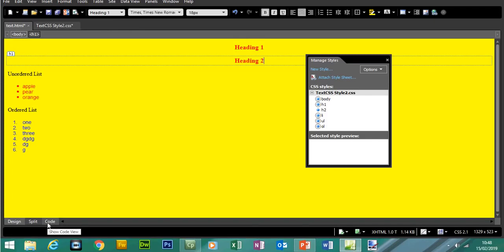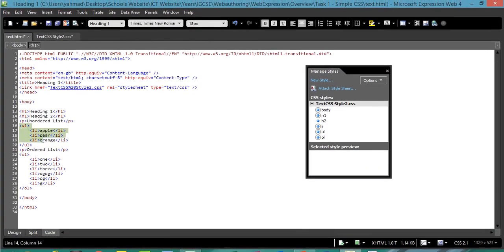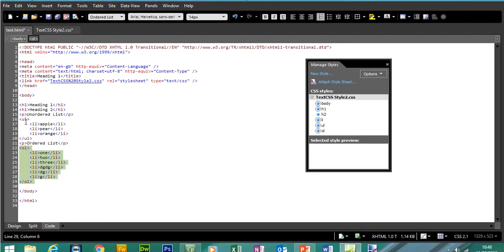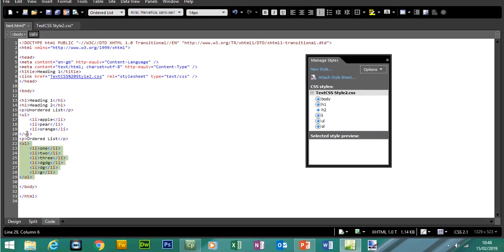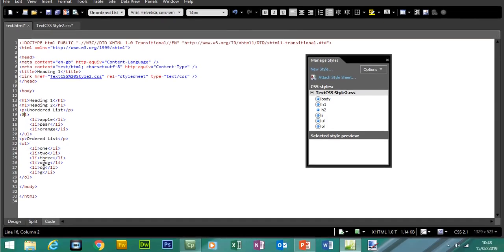If we go back to code, you'll see the 2 types of lists here. So this is the first list, and the list appears as unordered list. Okay, and then you got this list here which appears as ordered list. So the difference is you got UL and close with UL, and here you got OL and you close with OL. So let's say, for example, if I typed in O here,